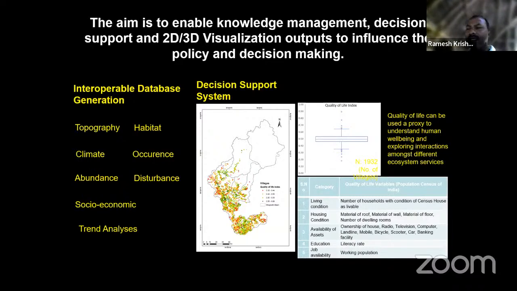Knowledge management is nothing but putting information in spatially explicit form. We have a lot of secondary data these days, many databases already available. You just simply need to get them, not like earlier where you needed to process all the data. Many of them are available. All these data, please put them in the same extent, or resolution, or rather the same projection parameters, so you can keep adding them. There are many supporting software available, through ArcGIS or open source. Many of them are available, web-based, web-enabled, all sorts of things.